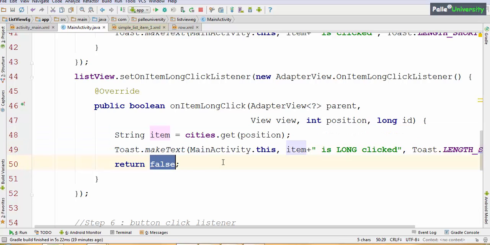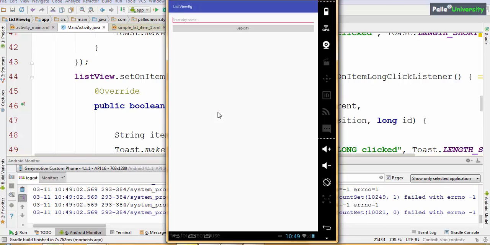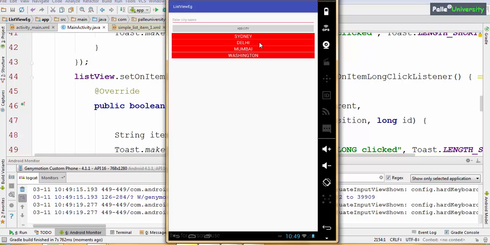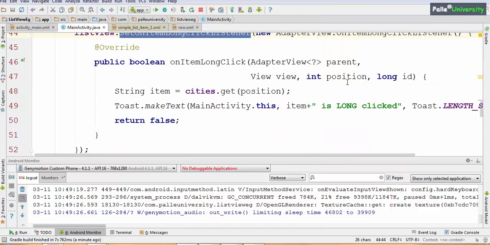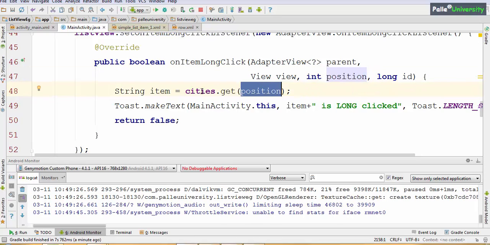Never return false. Now let me run the application. Let me enter some cities. First, let me do a simple click on Delhi. It is calling onItemClickListener. Now let me long press on Washington. First control will go to onItemLongClickListener, and based on the position we are getting the element from the array list and we are printing that item is long clicked.